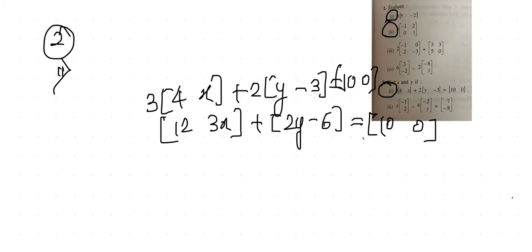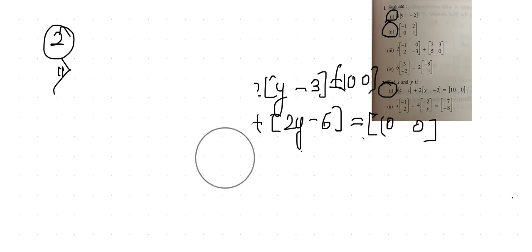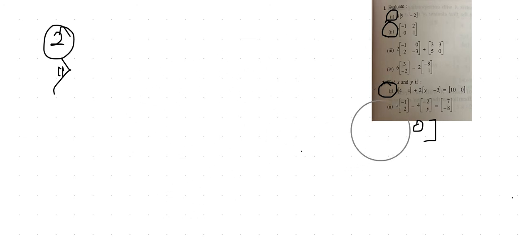Plus means this will become 12 plus 2y and this will become 3x minus 6, and then you can easily calculate. Okay, so this is an easy one, and if at all you are not able to, you can just have a look at the second sub question, so that then also you can get an idea. So this is sub question 2,